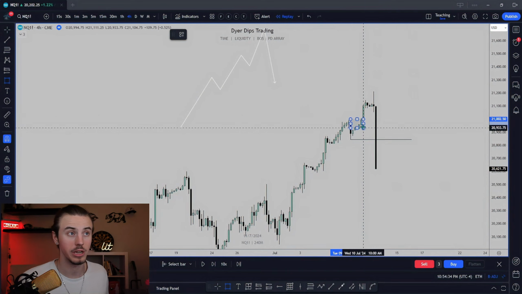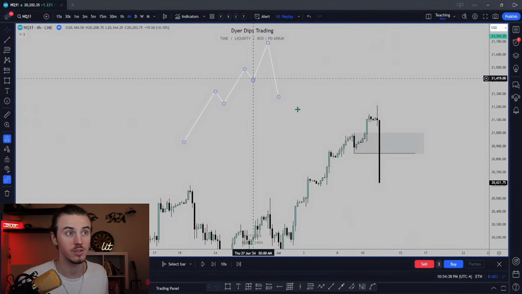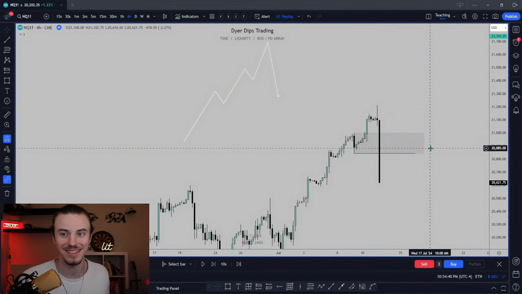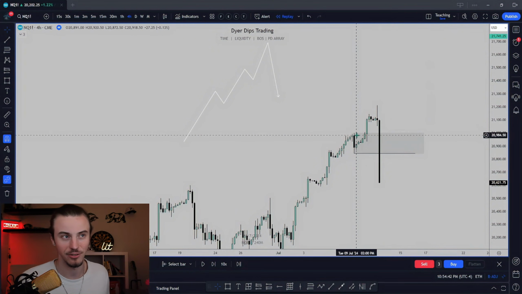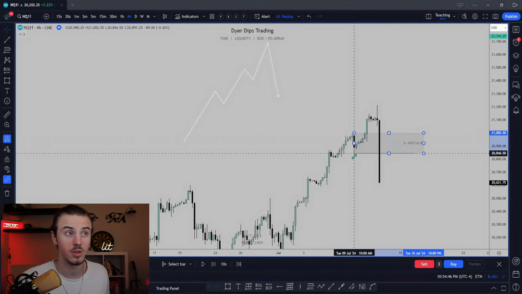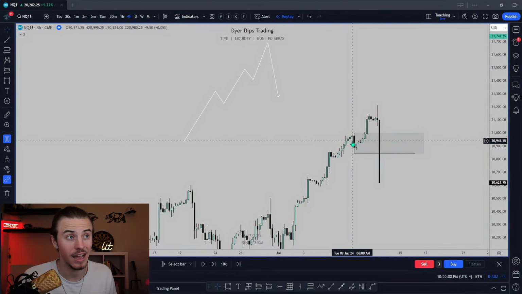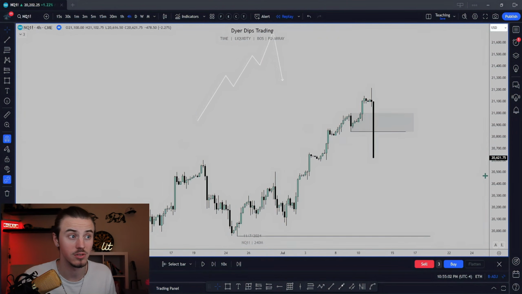Now, when you look for your breaker, just like I said before, you're going to look for this range in here. Remember, this range here is where you're going to look for your breaker. Coincidentally, in this case, it's actually that entire range. So it's going to be the candle with the lowest body. That tends to be this candle right here, or the lowest closing price, I should say. Lowest body if you're thinking about it in terms of down close candles, but if you're thinking about it in all candles, it's the candle with the lowest close. That's your breaker block. So it ends up being this entire black candle here, or this down close candle,